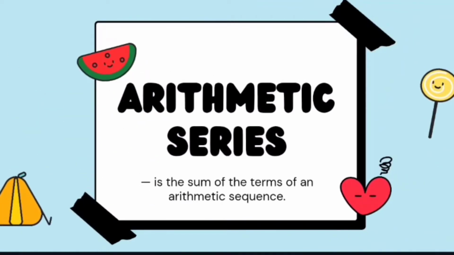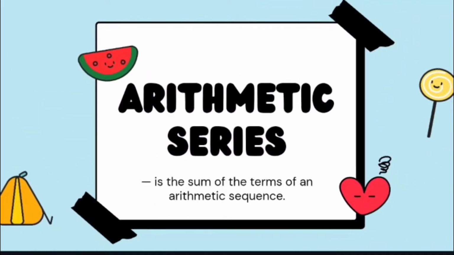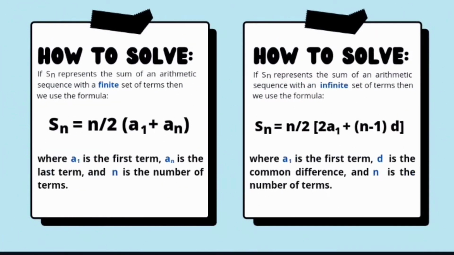Now let us move on with the arithmetic series, which is the sum of the terms of an arithmetic sequence. And there are actually two ways to solve this. If s sub n represents the sum of an arithmetic sequence with a finite set of terms, then we use the formula s sub n equals n over 2 multiplied by the sum of a sub 1 and a sub n, where a sub 1 is the first term, a sub n is the last term, and n is the